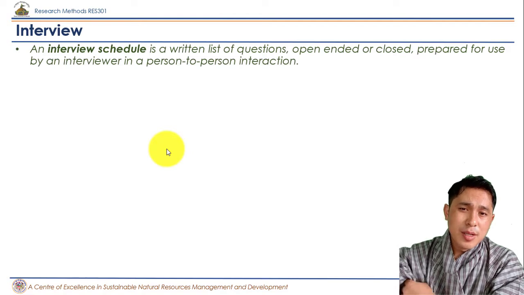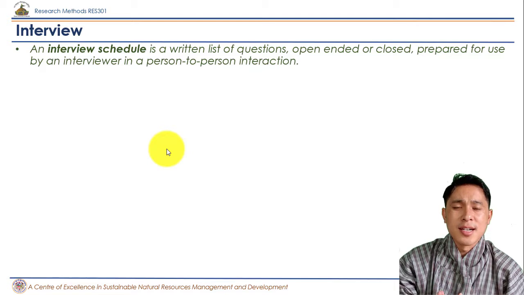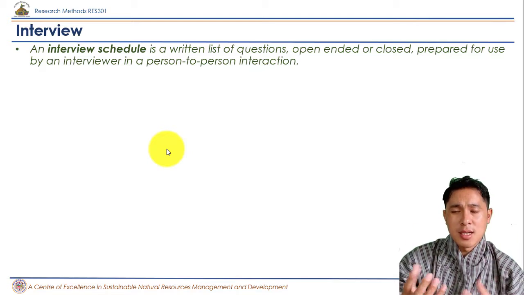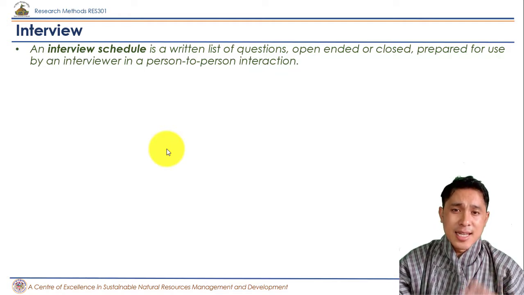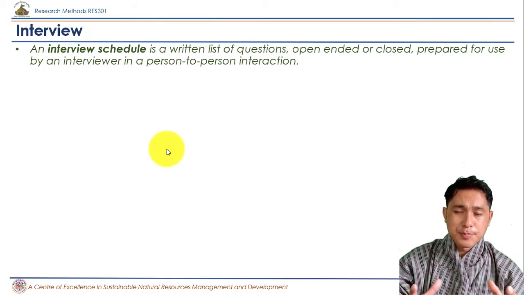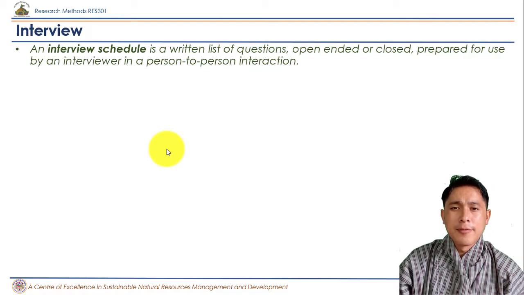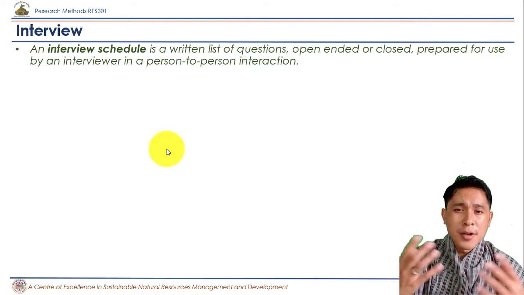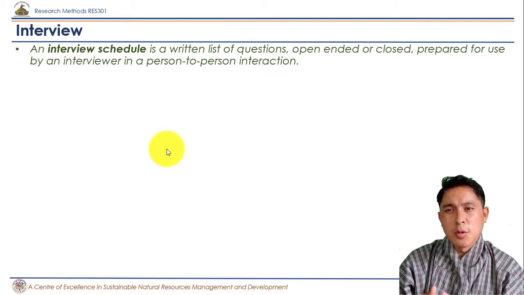Basically, even if it is structured or unstructured, an interviewer should have a list of questions in their mind or in their hand. Those questions can either be close-ended or open-ended, which we'll look at again in the next video presentation. Open-ended means you do not have a closely patterned answer. You can have lots of answers, varieties and diversity of answers in open-ended questions. So it can either be open-ended or close-ended questions.